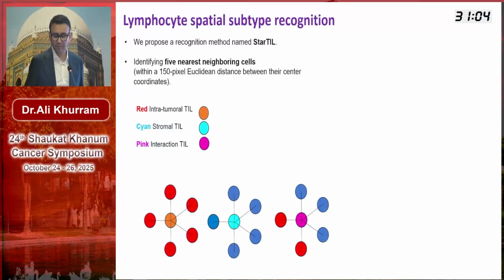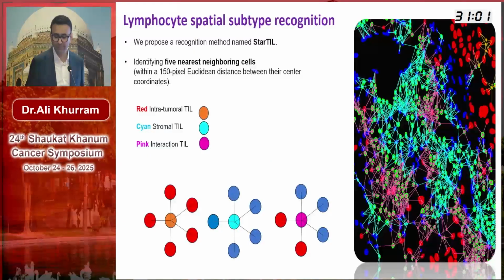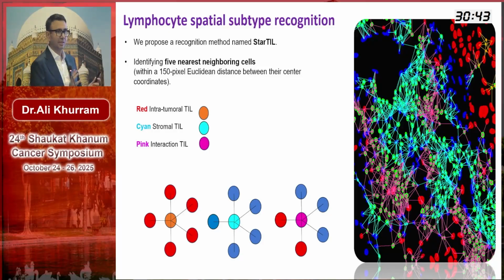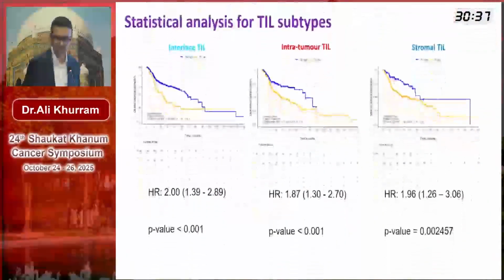But not only that, we can identify the different types or exactly where those lymphocytes might be present. So we can draw these little maps between the lymphocytes. So for example, whether they are inside the tumor, whether they are in stroma, or whether they are at the interface of the tumor and stroma. So you can see every single cell can be identified, and then you can build these little networks between them. And that can tell you what type or subpopulation is the most prevalent and might be playing a role in the biology or progression of the disease.